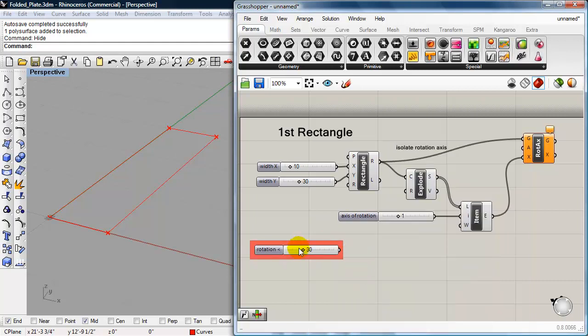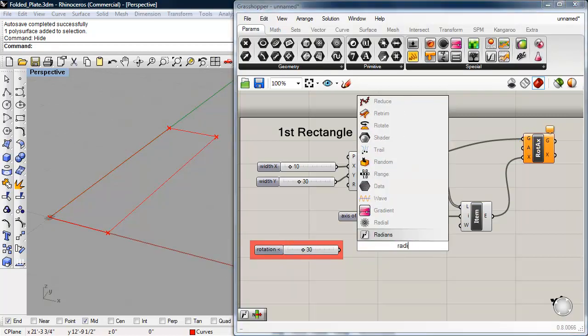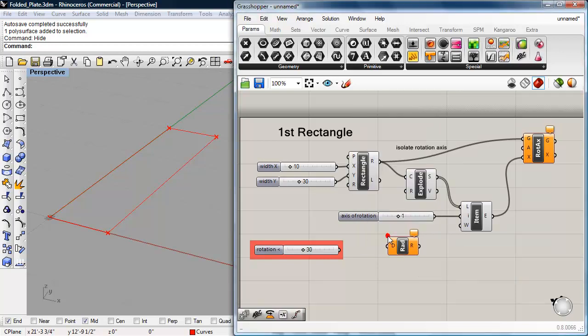Okay. So this is my rotation angle. Now the A input for this rotate axis component, you see there it says rotation angle in radians. Well, my rotation angle for my number slider is in degrees, so I need a component that converts degrees to radians. So the input's degrees, the output's radians. So I'll plug that into degrees,